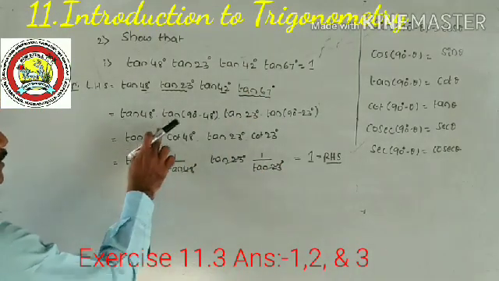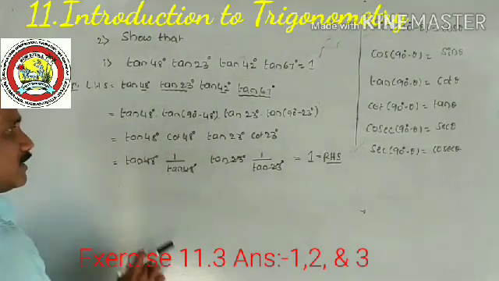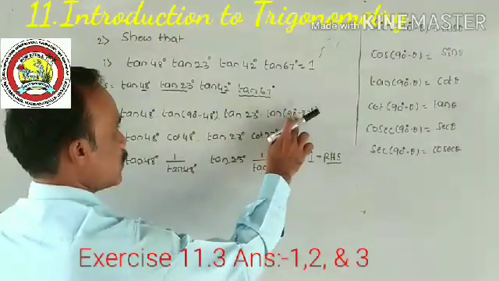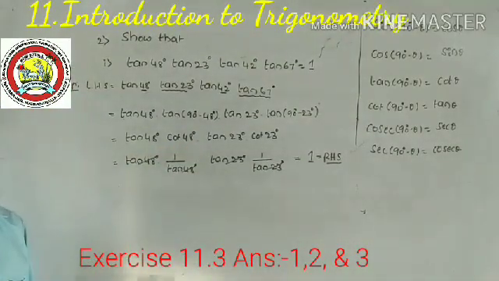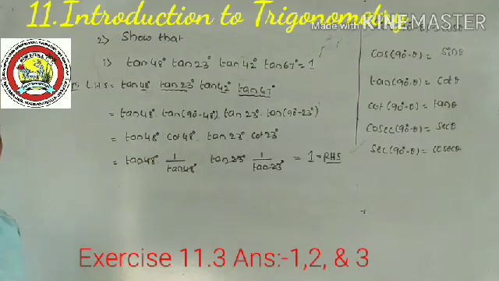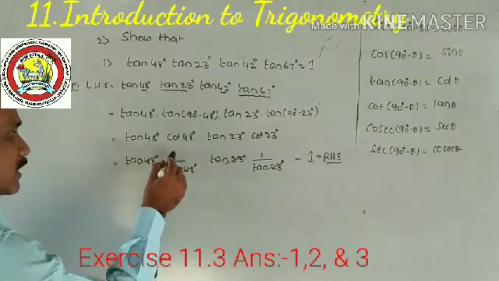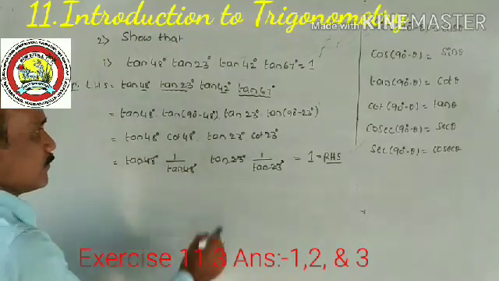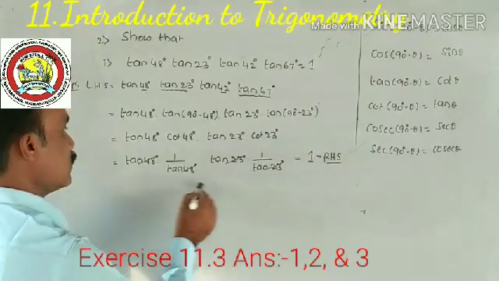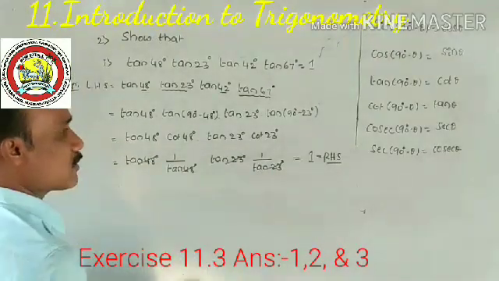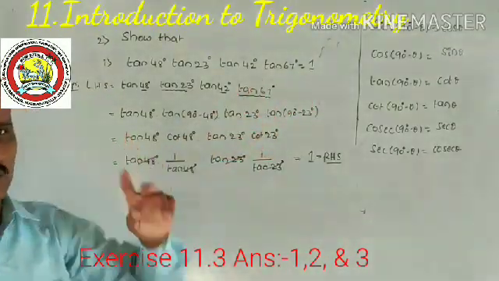So tan 48 as it is, tan of 90 minus theta is cot theta, with theta value 48. Tan 23 as it is, tan of 90 minus theta gives cot 23. Tan and cot are reciprocal to each other. So tan 48 as it is, and cot 48 can be written as 1 by tan 48. Tan 23 as it is, and cot 23 can be written as 1 by tan 23. Everything cancels. The final answer is 1. So this is what we require; maybe it is a 2 marks question.